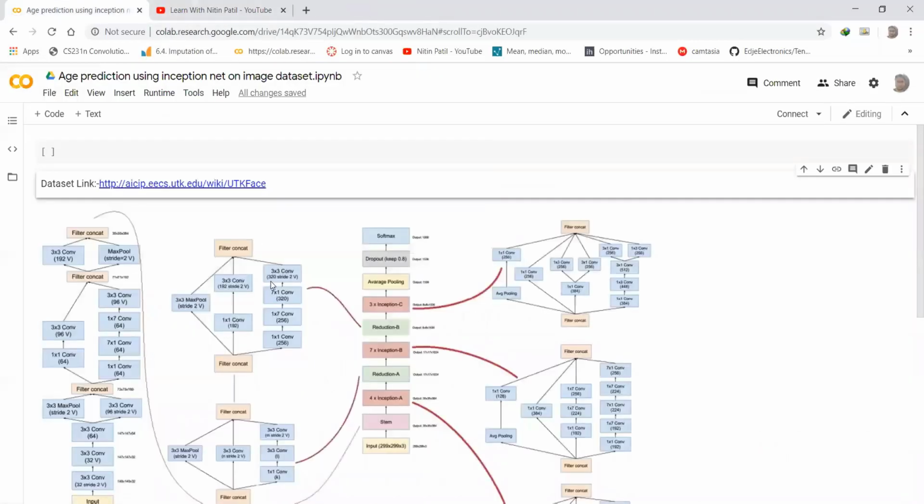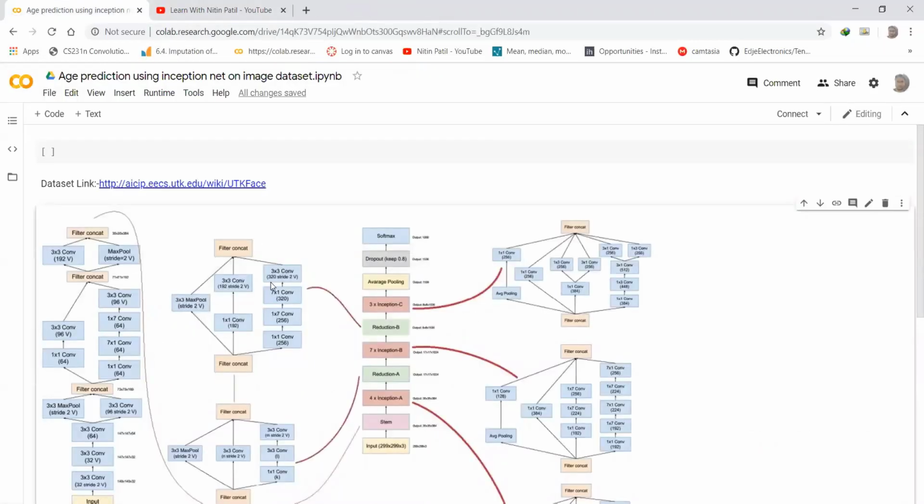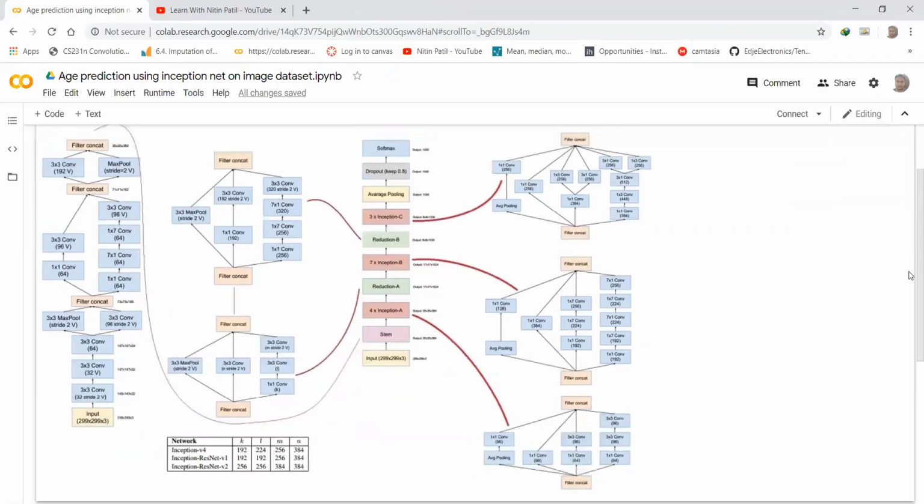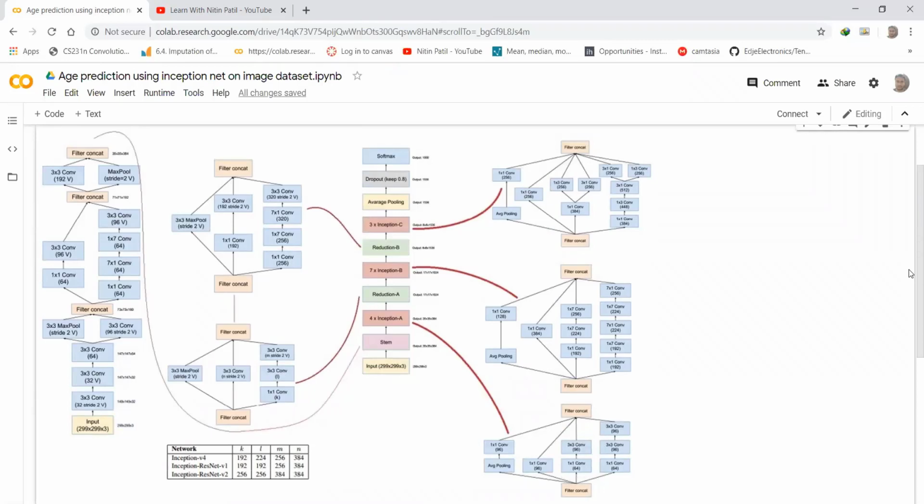Now, what is InceptionNet? Inception ResNet. This is just an architecture, a pre-trained model on datasets. What is the architecture of that? We provide the input. There are three convolution layers back to back. That is the same as the traditional approach. Then from this convolution layer, we have two branches, one for maxpool and one for convolution. So in this InceptionNet, we are going to increase the width of our neural network.